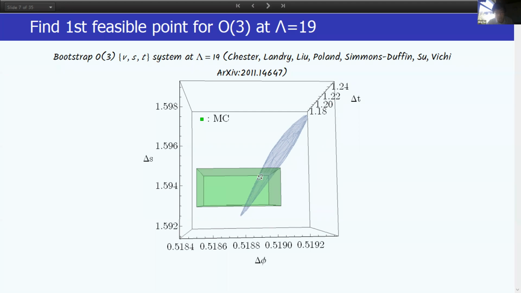This island is from the bootstrap of O(3) vector, scalar, and rank-2 tensor; all the correlators involve the vector, scalar, and rank-2 tensor. This axis is delta phi, this axis is delta s, and delta t is this one. So when we start doing this computation, we know